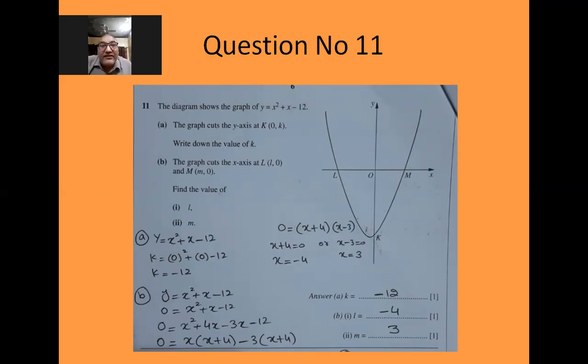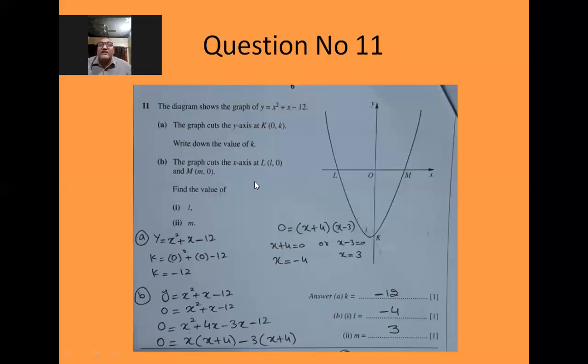So I will take x common. You can see here the x is common from the first two terms, x plus 4. And here 3 is common, so I will take minus 3 common. So you will have x plus 4 in the bracket. And then